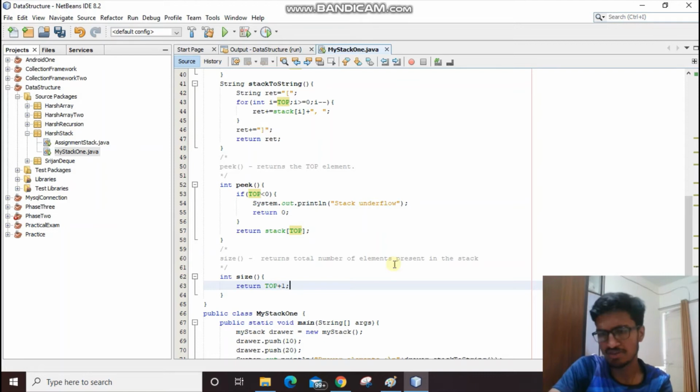If there are no elements present, it will simply return 0, because top will be minus 1, and minus 1 plus 1 will be simply 0. Else if it has some elements, it will return the total number of elements present. So this will be the int size.